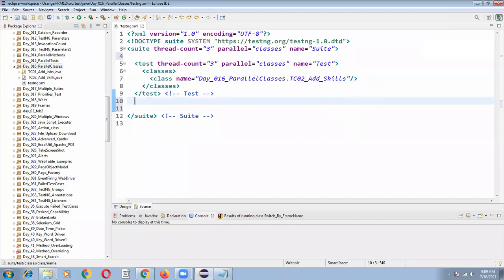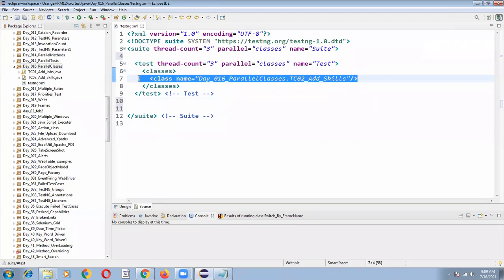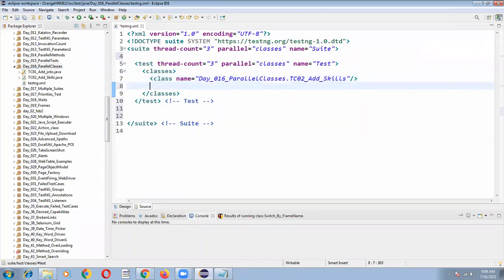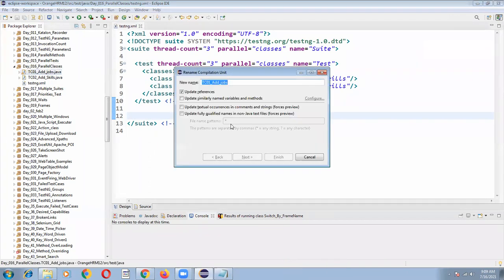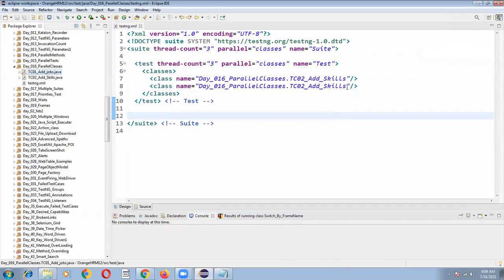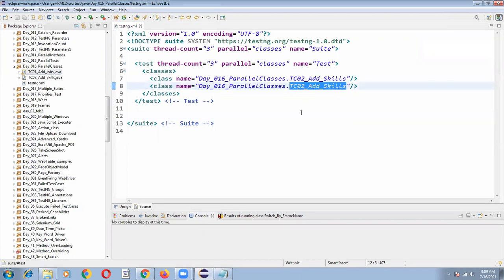Suppose I want to execute multiple testng classes. What I am doing is Control C, and I am pasting one more time. That's it. So I am saving, and I want to give my testng.xml class name. Control C. I am giving it here.